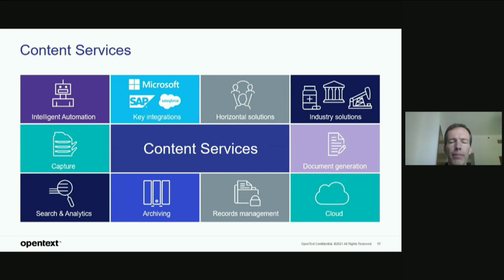So this should be part of a solution as well, and it's normally in the background so that the end user is not affected by retrieving the documents. It's really just something done in the back office, controlling where documents should be moved. Then you have search and analytics capabilities, so that users are able to search for documents